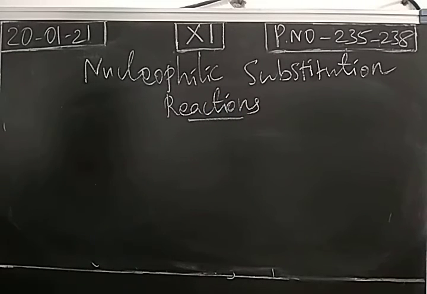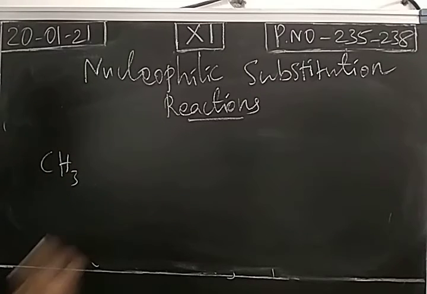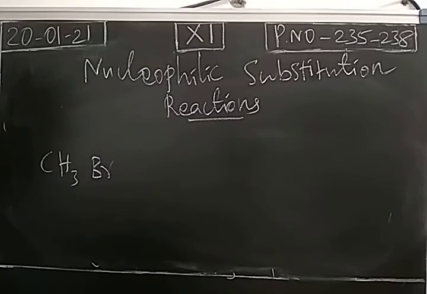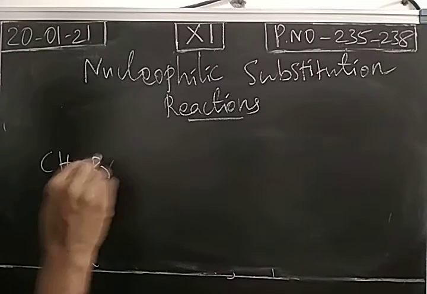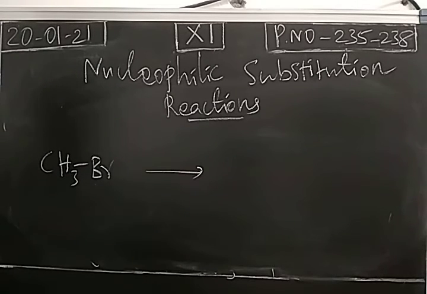Different types of reactions are possible in haloalkanes. Nucleophilic substitution reaction can be considered. You take any haloalkane. This is bromomethane, IUPAC name; common name, methyl bromide. This will be involved in a nucleophilic substitution reaction with haloalkane,